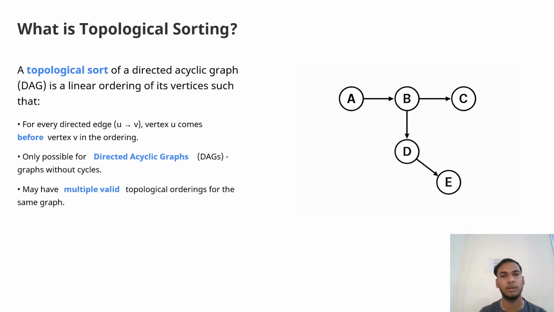Today we are going to learn a case study on a real-time application of topological sorting. First, we should know what topological sorting is. Topological sorting is a linear ordering of the vertices of a directed acyclic graph, where